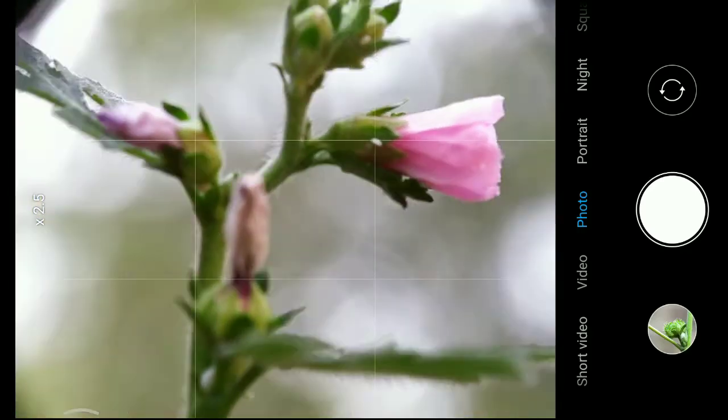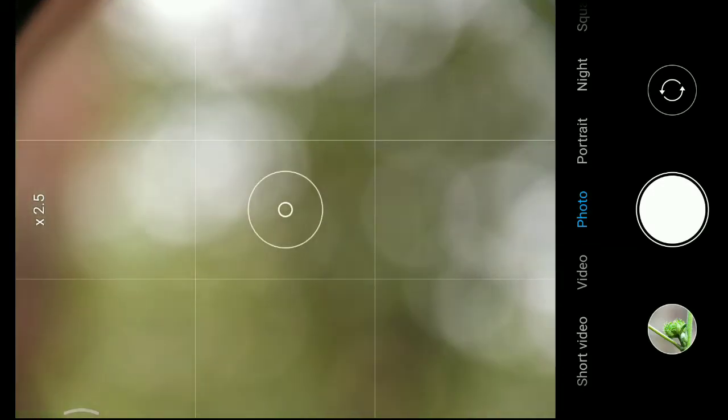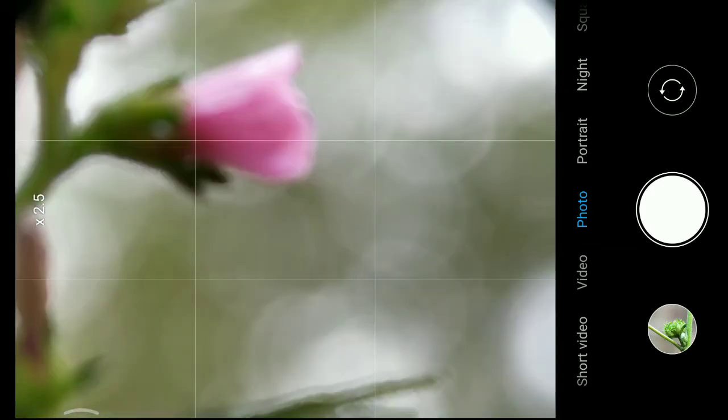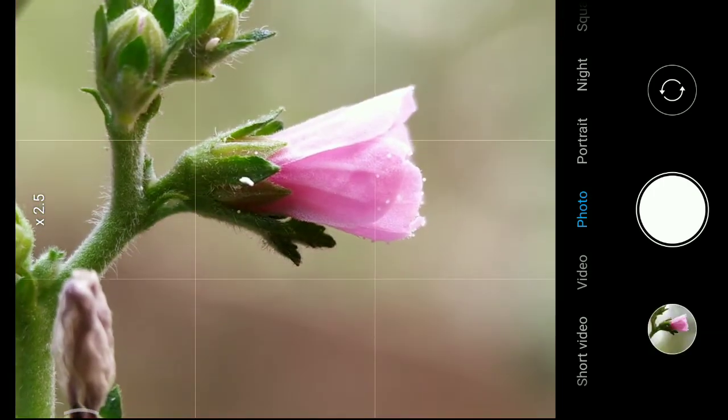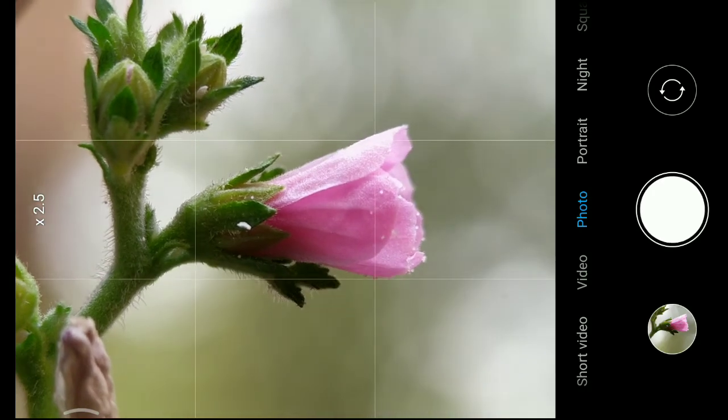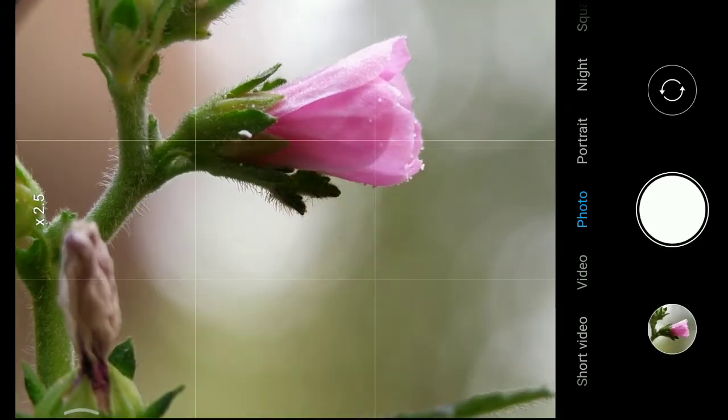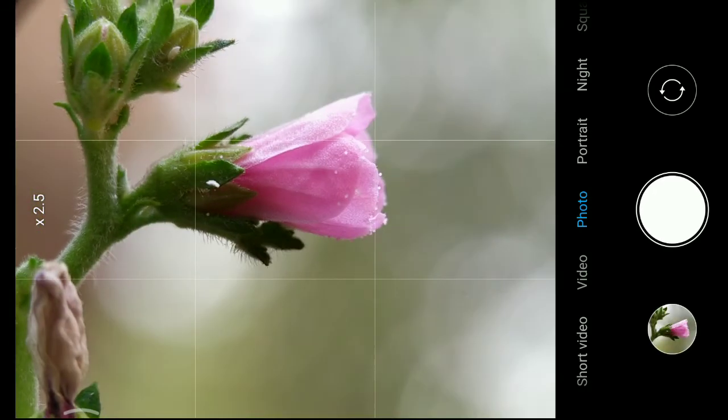I told you that I will use that tree, I think from the window, so that's why I can get a bokeh type background, and you can see how I am getting this kind of background. So the basic funda is zoom 2.5x or zoom more to get more blurry photos.